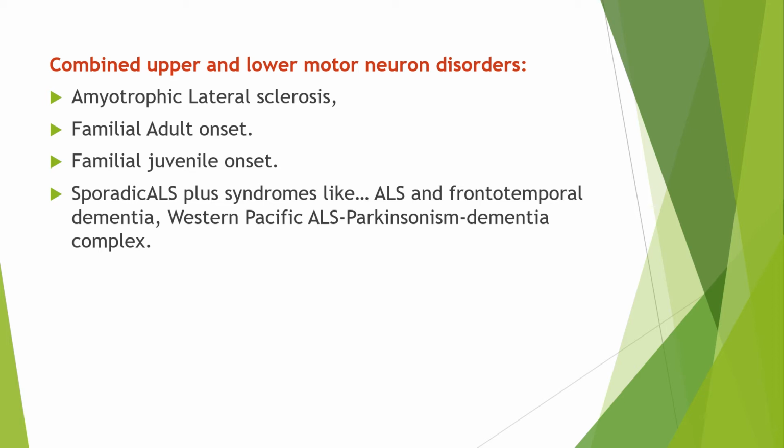Usually we find Parkinson disease in the elderly population above 60. Motor neuron disease, usually patients present from 40 to 60 years of age. If we find Parkinsonian-like features in a patient in the early 40s or late 50s, you should suspect, or rather rule out, motor neuron disease as well.